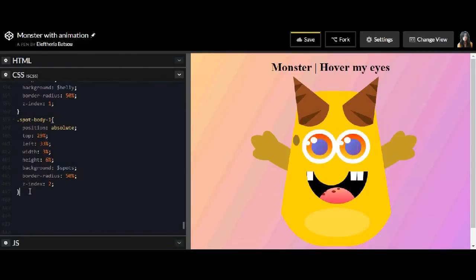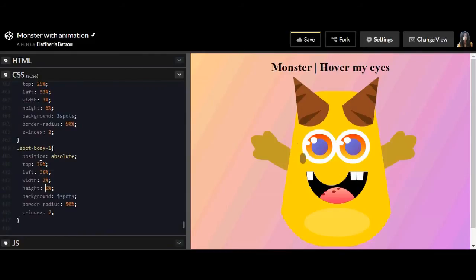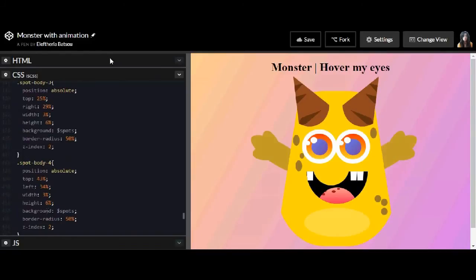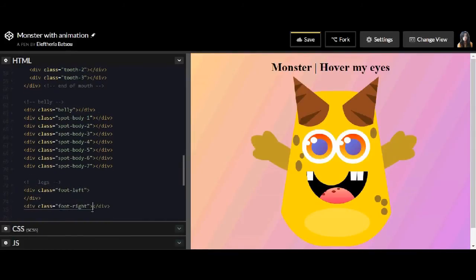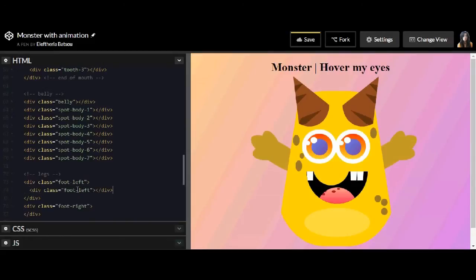You only need a border radius, and then you adjust the top, left, width and height properties, and it's ready. So why not add them all? Here I fast forward it a little bit because it is just the same thing. And now our last classes will be those of the legs,